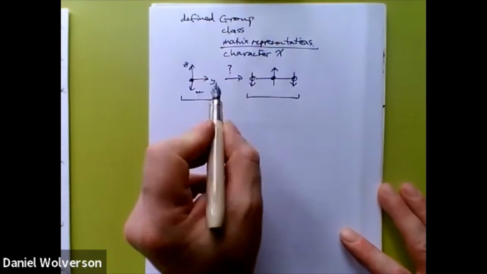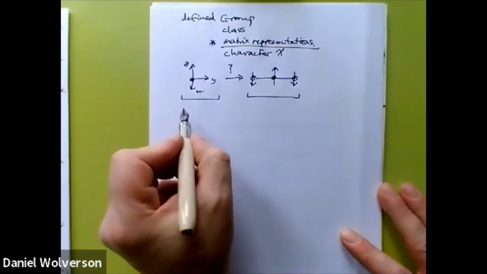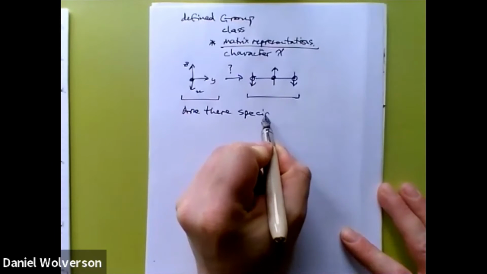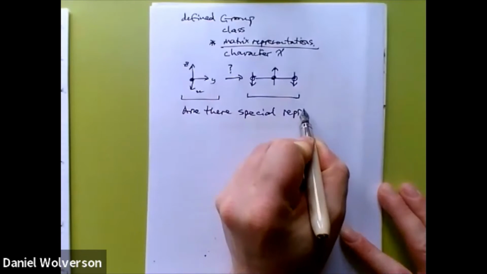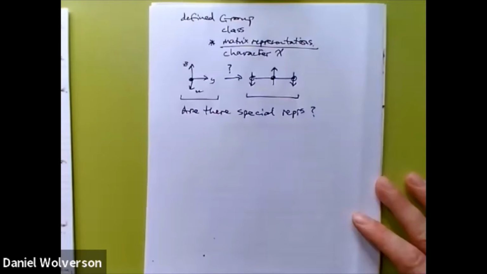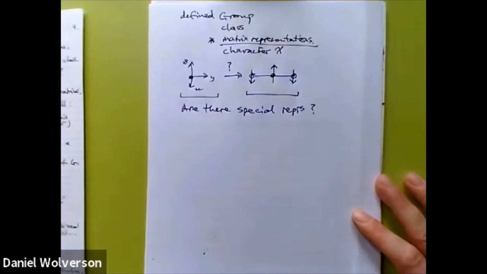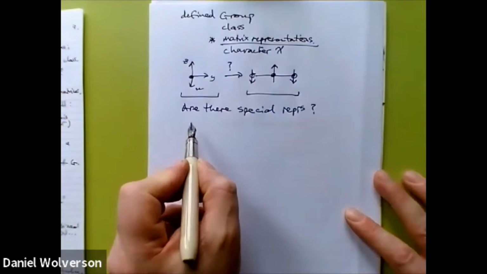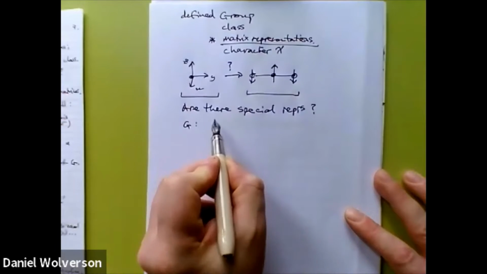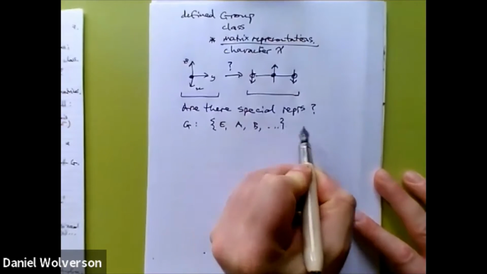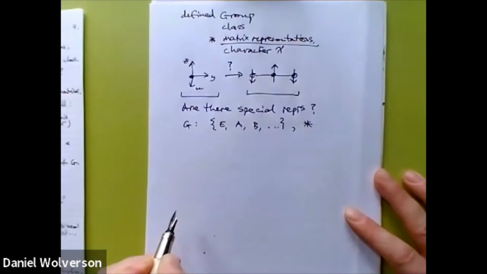So the first question we're going to ask, continuing the theme of matrix representations, is, are there special representations? And we're on about page 10 of Daniel's notes if you want to correlate what we're doing with what he did. So if we have a group G, which is a set of elements, as we've written a few times now, and some rule for combining them,